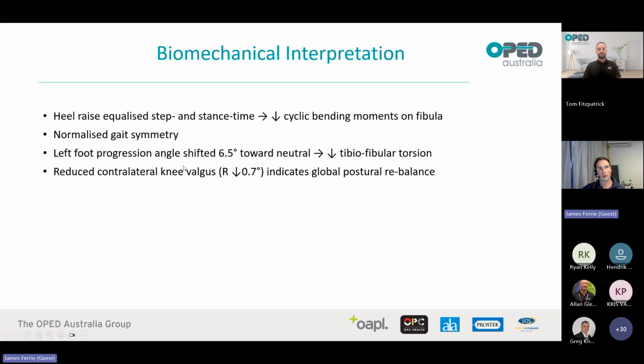We also see the foot progression. So this is looking at the angle of abduction of the feet. That shifted 6.5 degrees towards neutral, so decreasing some of that tibiofibular torsion. And we also see some reduced contralateral knee valgus, which again is probably just an indication of some rebalancing of his gait. So this was a really helpful case, and the combination of effectively treating him with radial